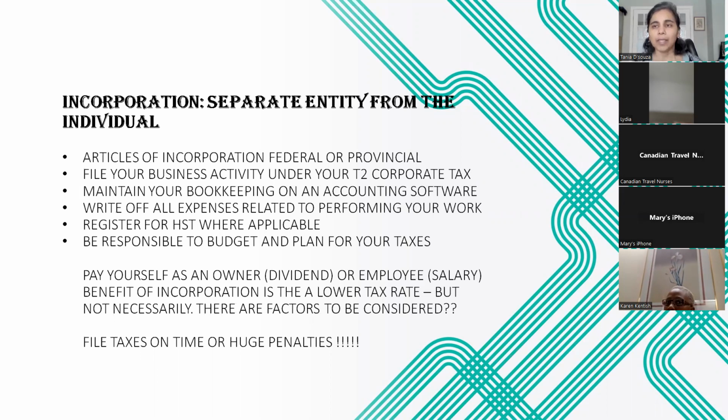So the filing of the taxes, as I explained earlier in the first slide, is separate from you. Just like your personal tax is called a T1, the corporation tax is called a T2. So if somebody says T1, T2, now you will understand what the difference is. T1 is your personal tax return. And when somebody refers to a T2, it's basically your corporation tax return. It's a completely different document.